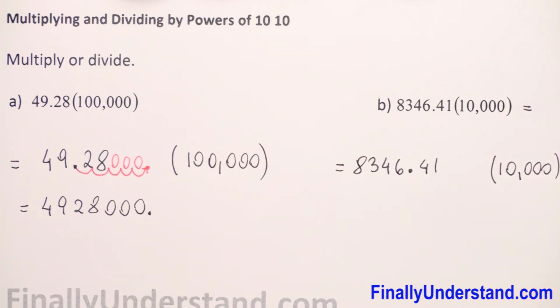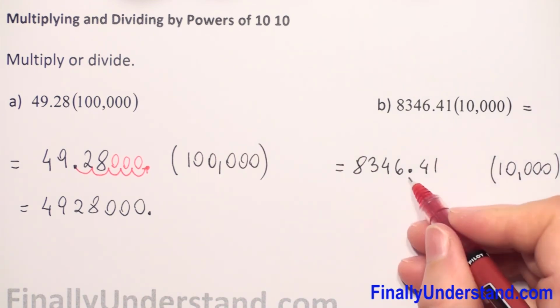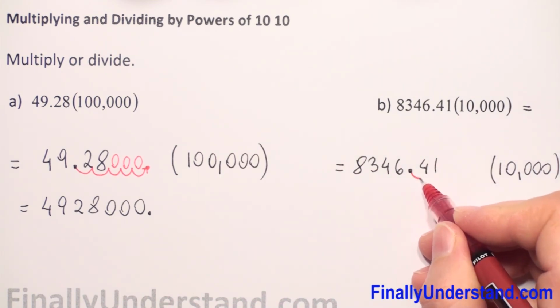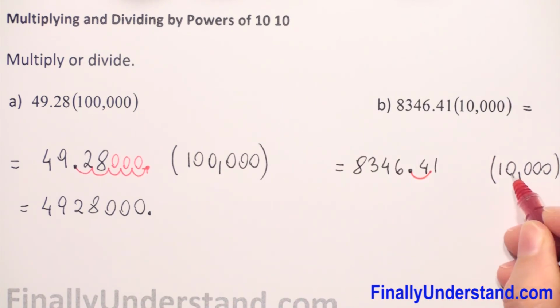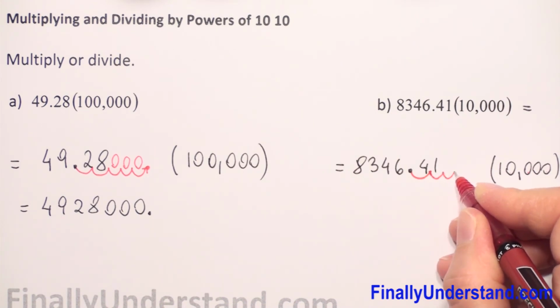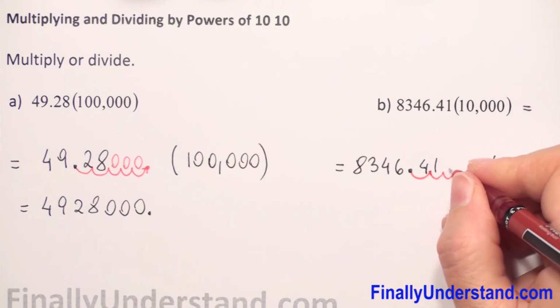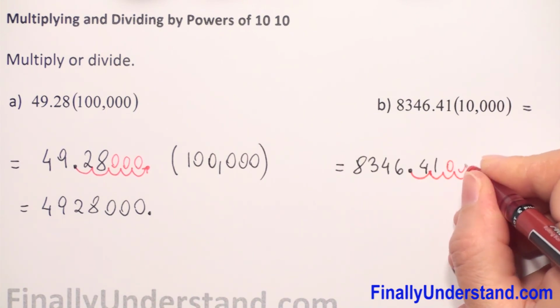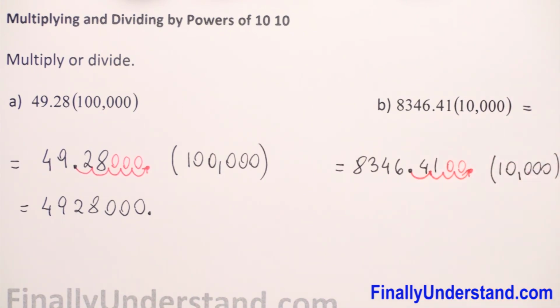And again, how do we do this? Multiplication. So we have to move the decimal point to the right side. And how many spaces? 1, 2, 3, 4 zeros, so 4 decimal places. 1, 2, 3, 4. And the empty spaces we fill with zeros. The decimal point we have at the end. So the solution will be